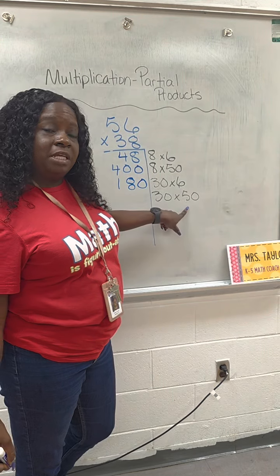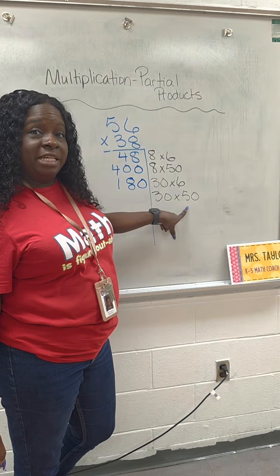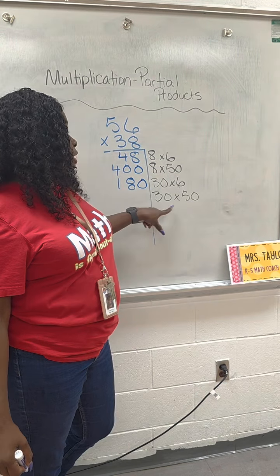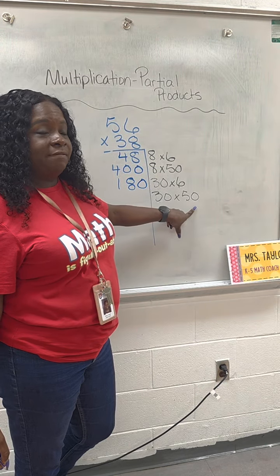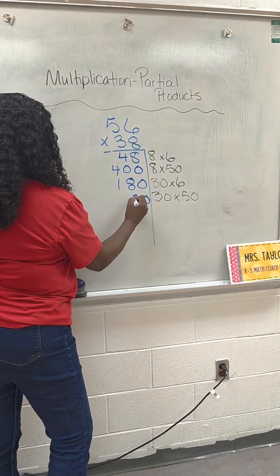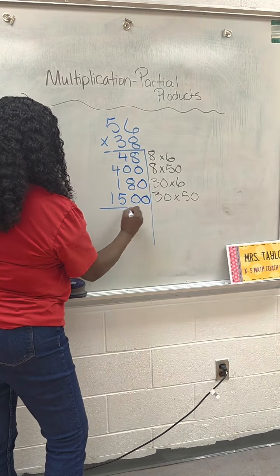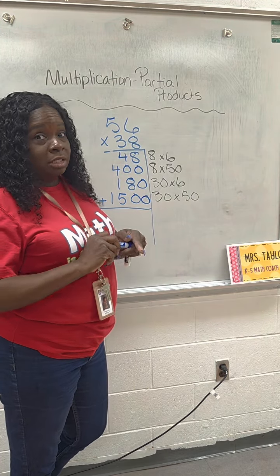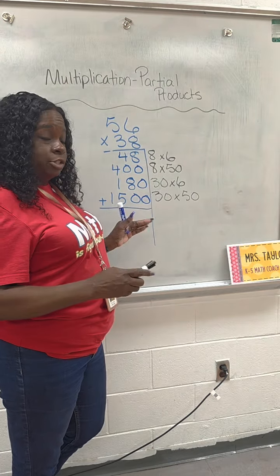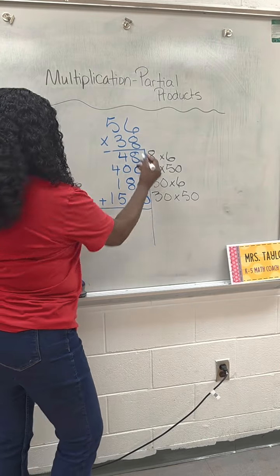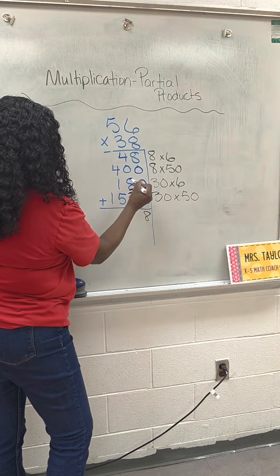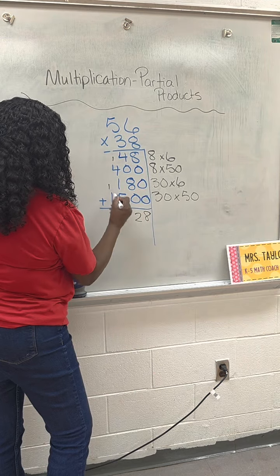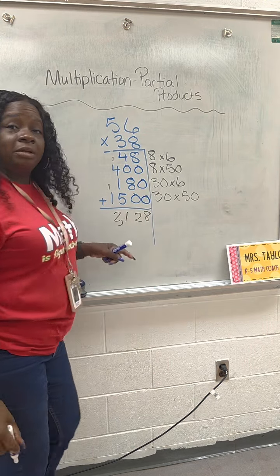30 times 50. In 30 times 50, we have a basic fact of 3 times 5. 3 times 5 is 15. So 30 times 50 is 1,500. Now, I'm going to add my partial products because these are partial answers to get my final answer. So my final answer is